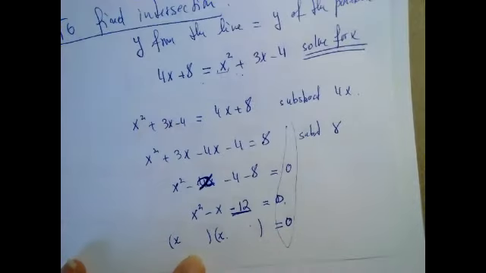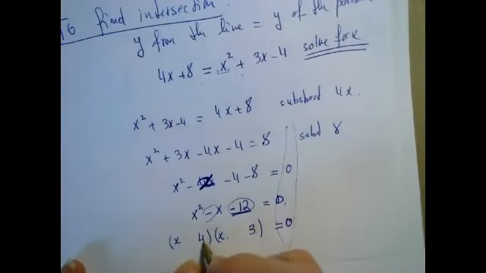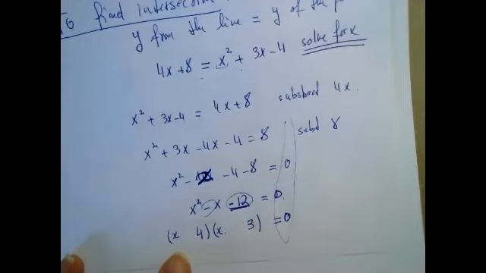Okay, anybody? What are the factors? What are the two numbers? When you multiply, you get minus 12. You add, you get minus 1. 3 and 4